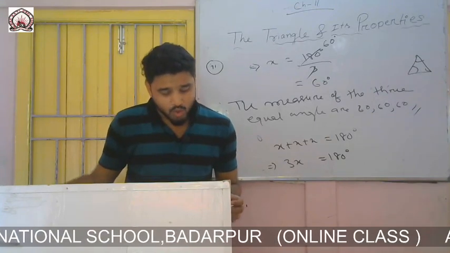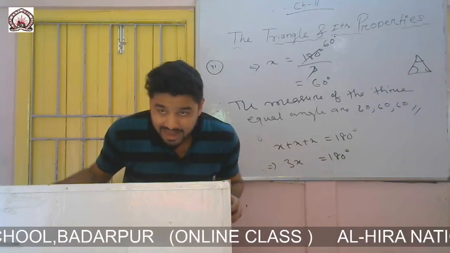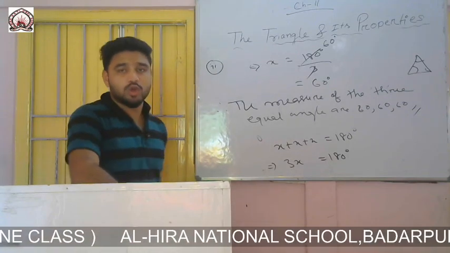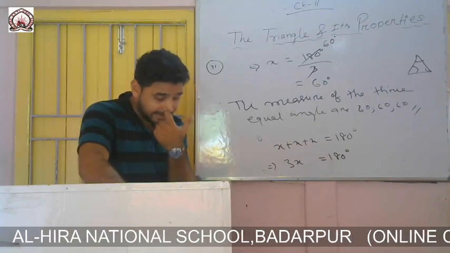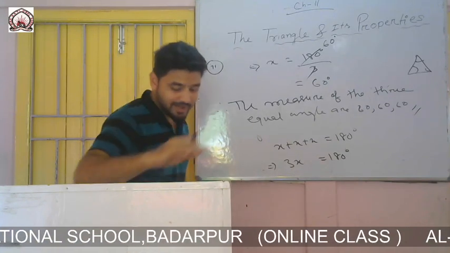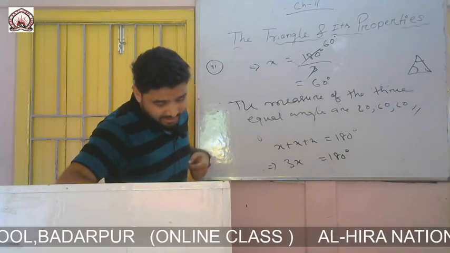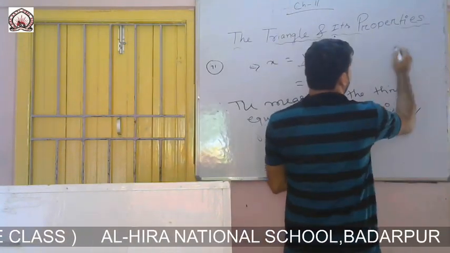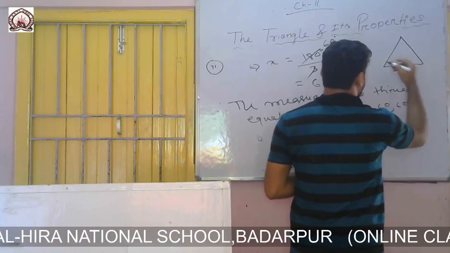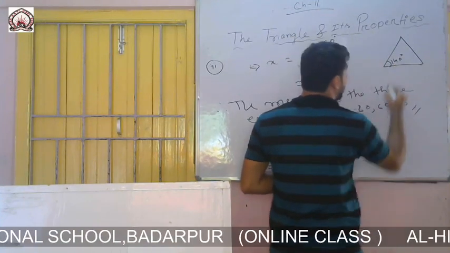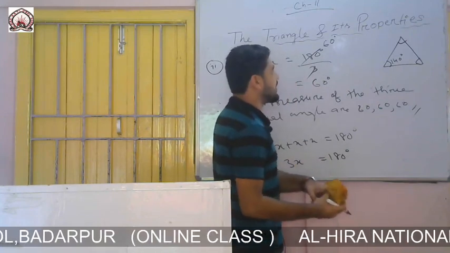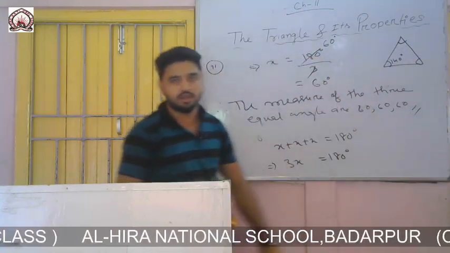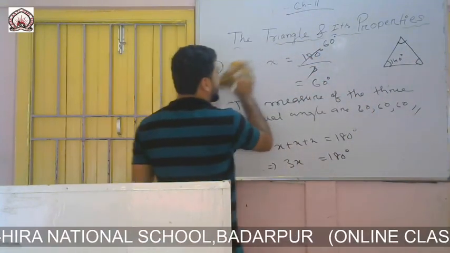One of the angles is 140 degree and the other two angles are equal. That means one angle is 140 degree. We have to find the other two. And also it is said that the other two angles are equal. We have to find the two equal angles. So if I draw a triangle, you see it is given like that. The measure of one angle is 140 degree and these angles are equal. So the question is asked, we have to find the measure of these two equal angles, right?